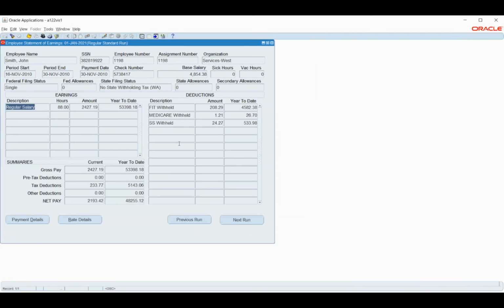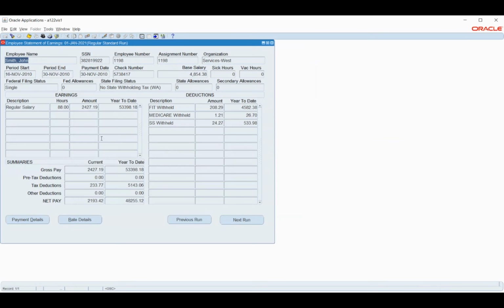Okay, so this is not the regular format that we will have. The regular format is that we have something in the OF form, which will trigger another page, and there we will see it. But the details are the same. We will have the employee name, the employee number, and all that basic information.